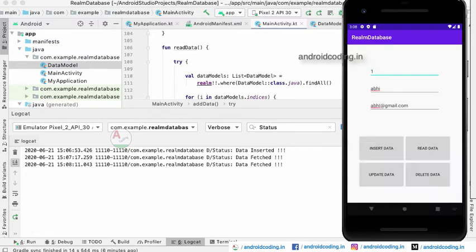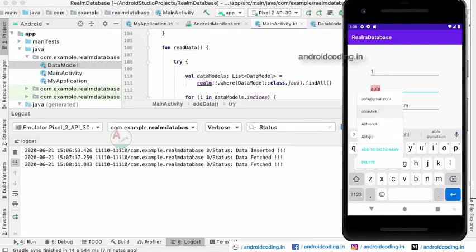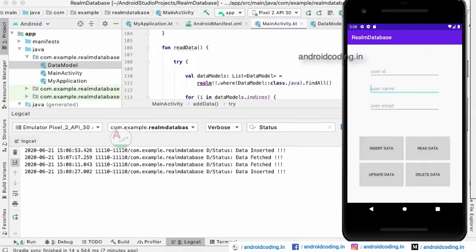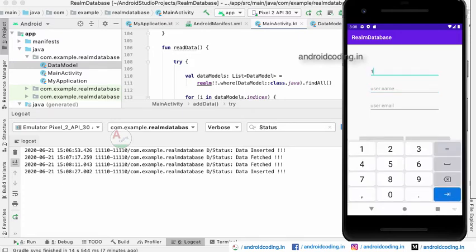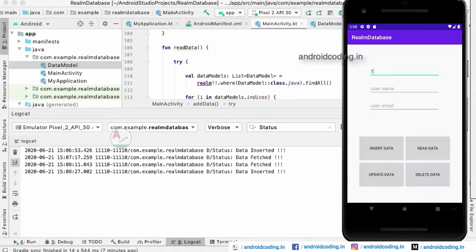I have passed the ID, and here we got the data and I'm trying to update it. I have updated the field, and now when you are trying to fetch the field, yes, here you can see the full name.